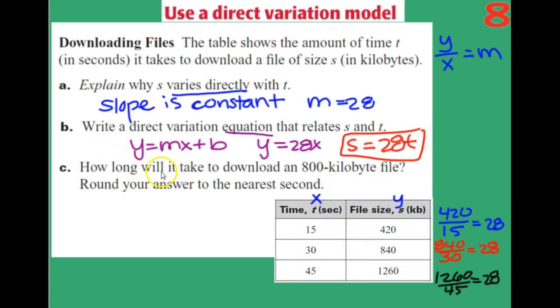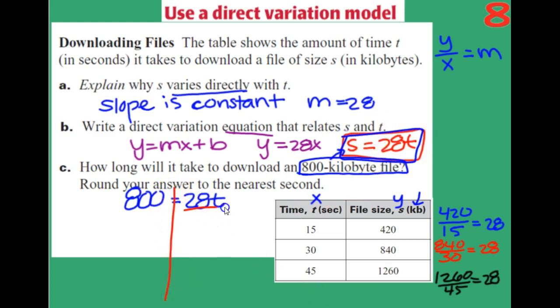Then last it says, how long will it take to download an 800 kilobyte file? Well, kilobytes, that's KB, that's really our y value or our s value. So 800 kilobytes we're plugging in for s. So 800 equals 28 times t. All I did was rewrite this equation, but with the 800 there instead. So if I solve this by dividing by 28, I need to plug that in my calculator. And my answer, I get t all by itself. 800 divided by 28. In my calculator, I get